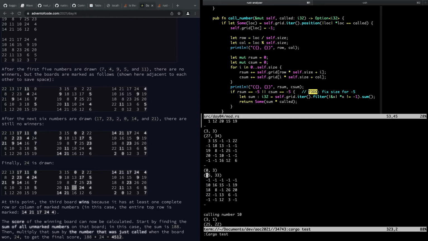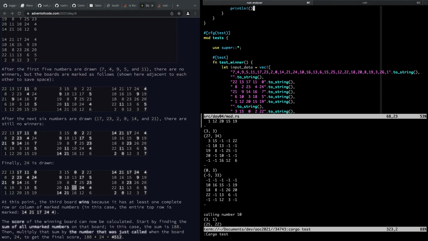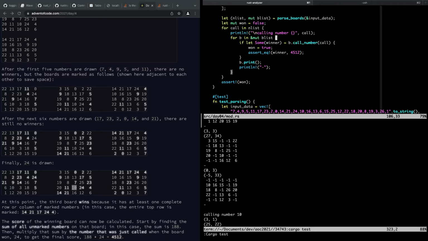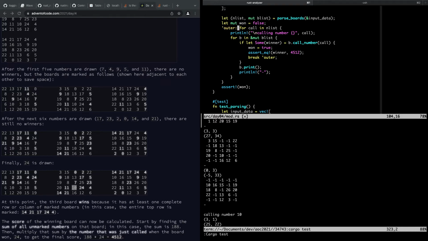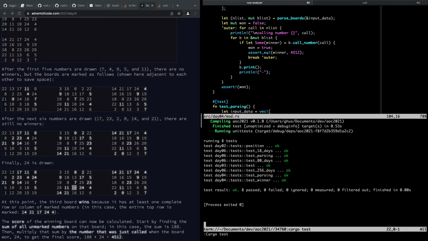There is a -5 right there, so it should never call the next number. Oh, you know what? It is calling the next number because I continue. I should just stop. Right? Break, outer, like that. Oh, okay, that was the bug. Wow. So it was finding it, and then it went on to the next board, and it came up with